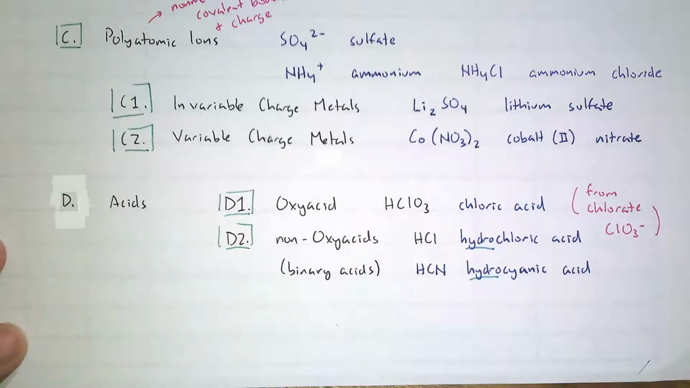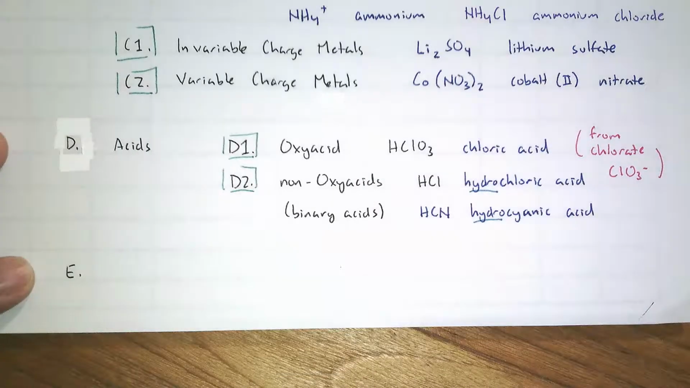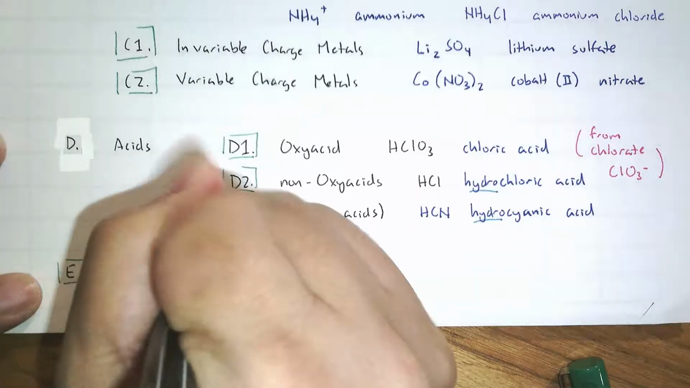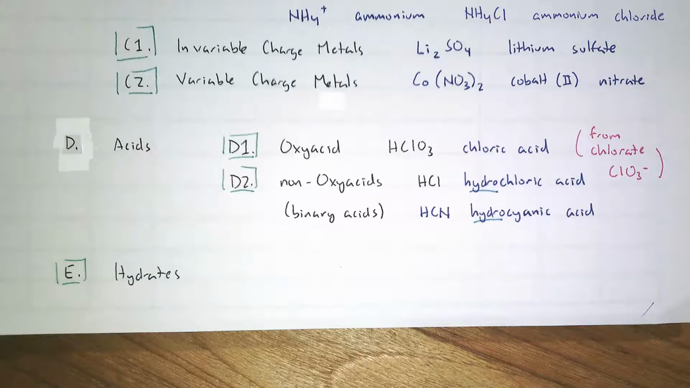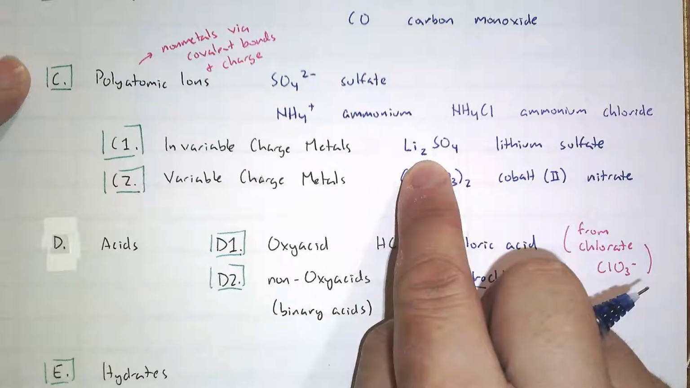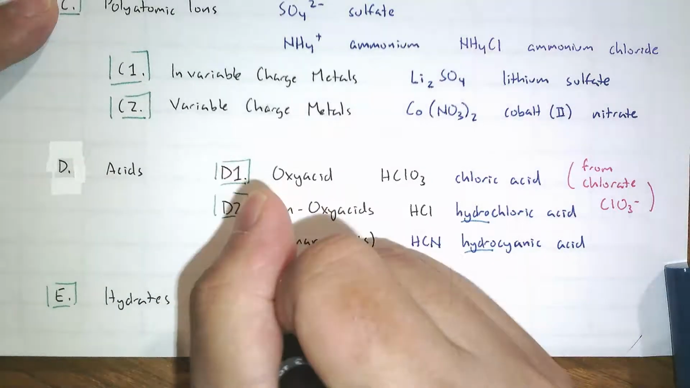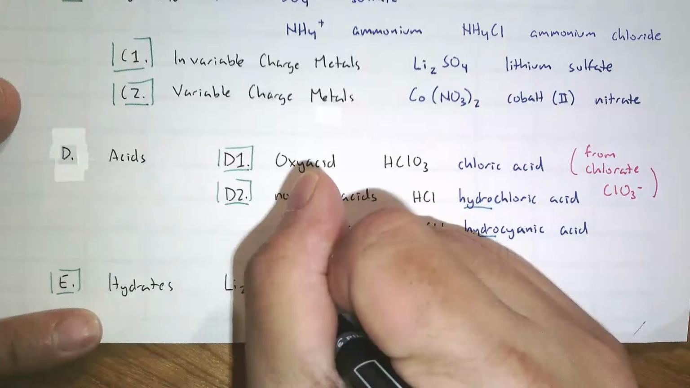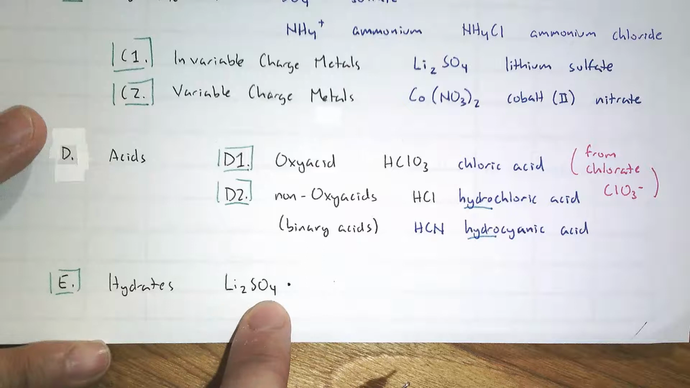Okay. The last category, E, and there's no subset for E. These are just the hydrates. Hydrates is you take an ionic salt, for instance, maybe lithium sulfate. I don't know for a fact whether this forms a hydrate, but I'll give you an example of what to look for. A hydrate is normally an ionic compound with a polyatomic ion, followed by a dot,